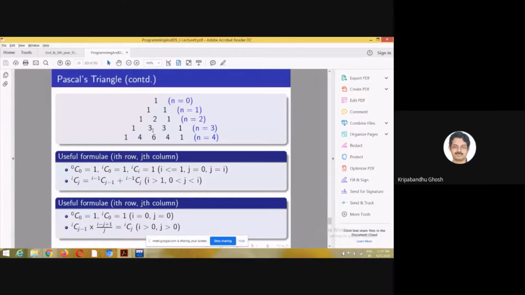If you have a close look at this pattern and ignore the first 2 lines, from the third line you see that it starts with a 1 and it ends with a 1. Otherwise, it is a sum of these 2 numbers. If we consider this position to be 0 and this to be 1, this is 0, 1, 2.